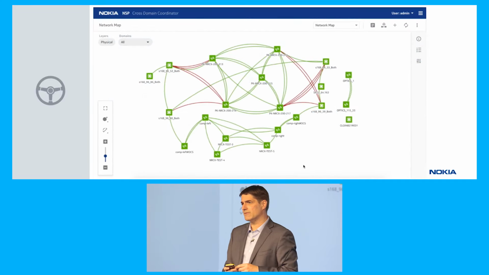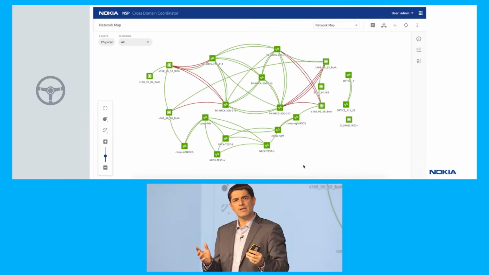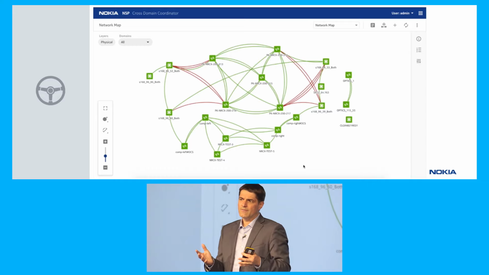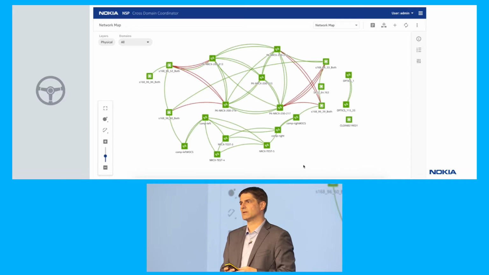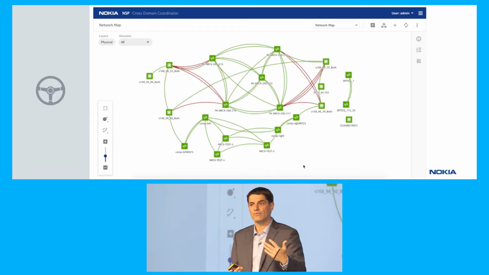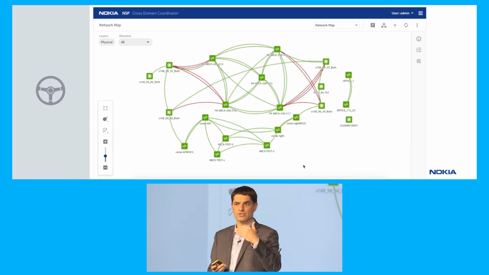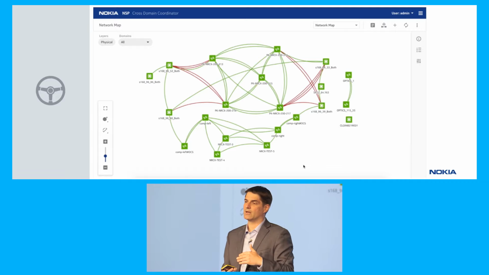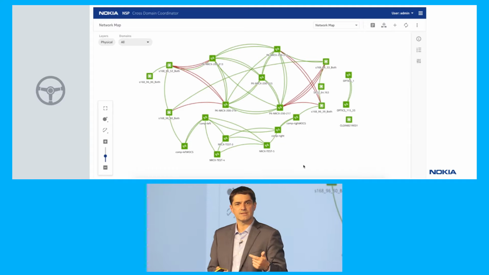The other example we have here is a very short video of an NSP application called Cross-Domain Coordinator, where, again, this is a physical layout, you have a bunch of routers connected into the optical network, and you have a requirement for a lot of paths to be diverse. But you don't know whether they actually are diverse at this point in time. And when I say diverse, I mean not just in IP layer, but diverse across optical layer as well. So what we've built is an application to run the diversity analysis.